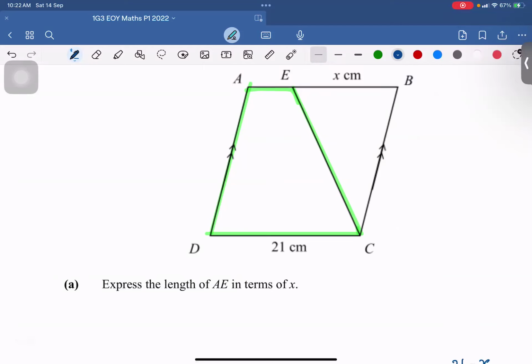Okay, so in this case, Harris already said half of A plus B times H. What are the two parallel sides? The first one over here, 21 minus x. The second one over here, 21. But we do not know the height, correct or not? So if we do not know the height, I just let it be a letter H. Is that okay? So in this case, this will be half